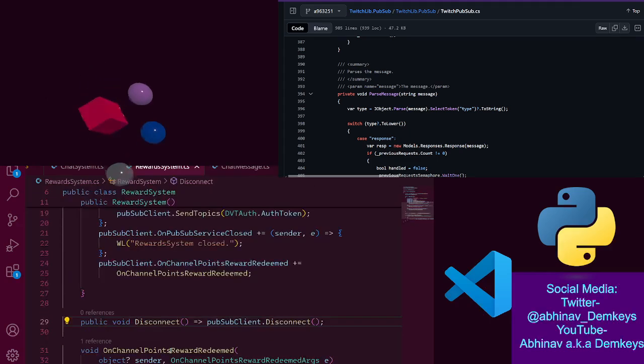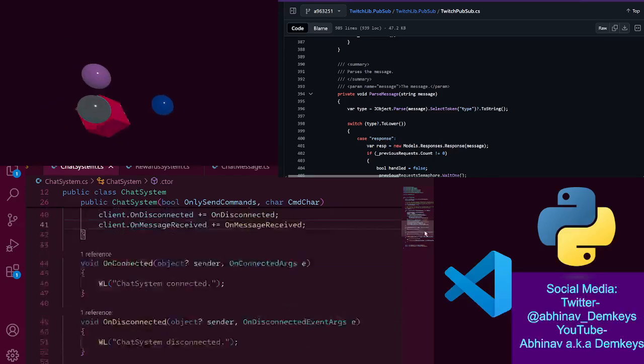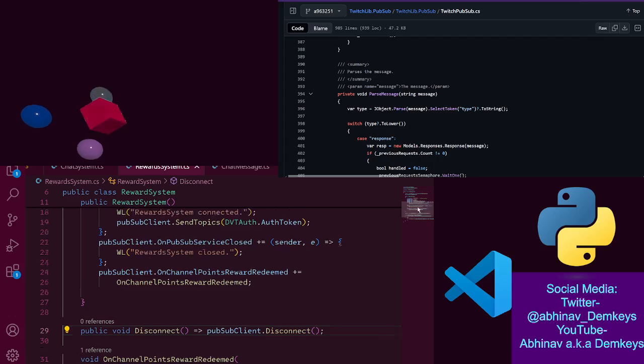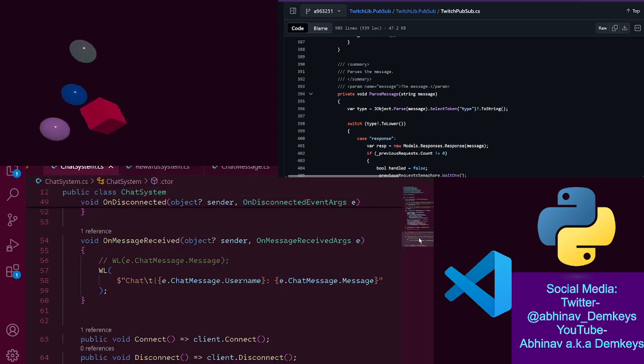So in each of these systems, in the on message received events, or in reward system it's called on channel point reward redeem, I would need to make it so